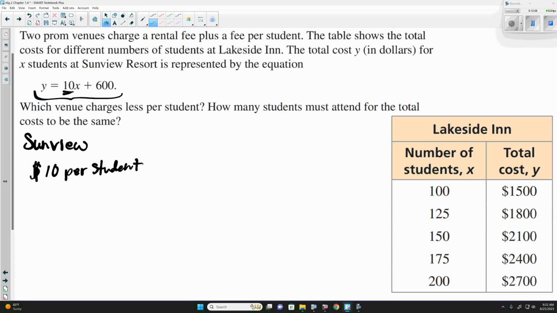This is what it's going to start at, and then it's going to go up from here. Well, the $600 is our initial cost. This is what it's going to cost to begin with. So their original cost, or their rental fee,